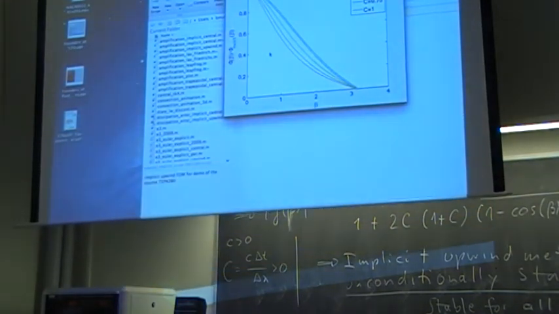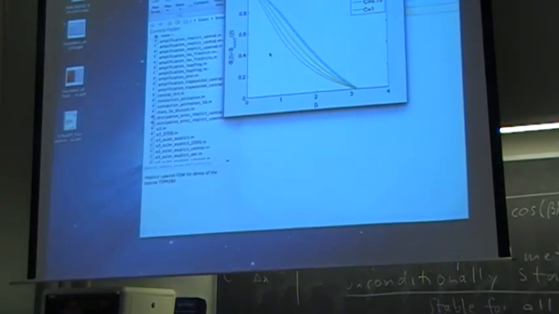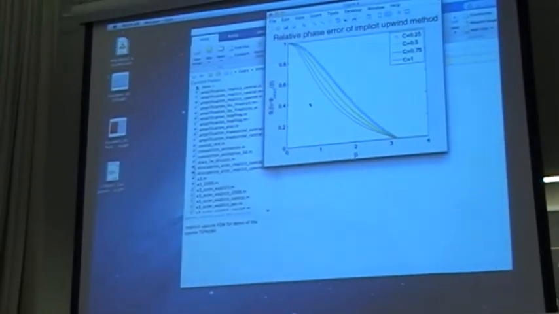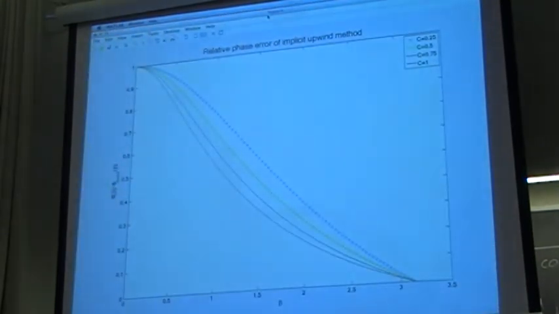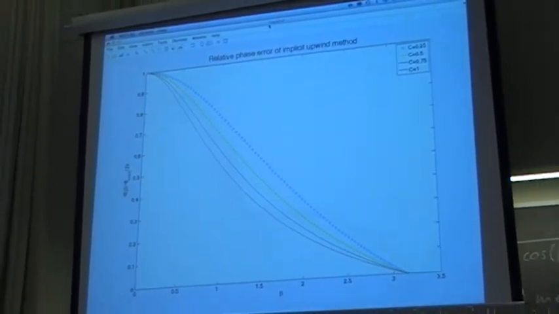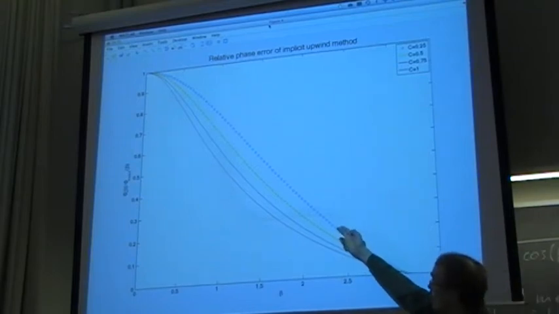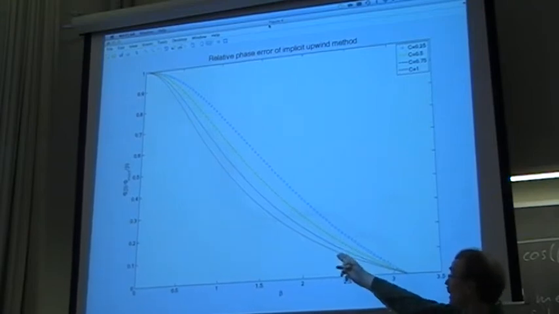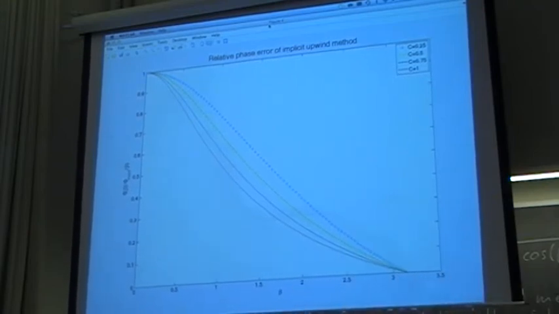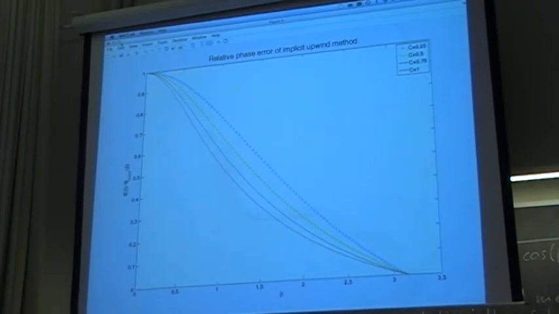Different kind of plots. These are the classical plots for the relative phase error. We take them from the back. So then we see we have large phase errors essentially for all Courant numbers, and it gets worse as we increase the Courant numbers. So here we have Courant number 0.25, 0.5, 0.75, 1. So here we don't have any good results for 1, where the explicit upwind method was exact, so it will go all the way like that. So larger and larger